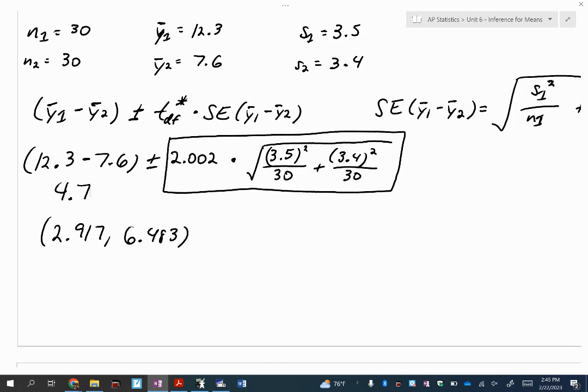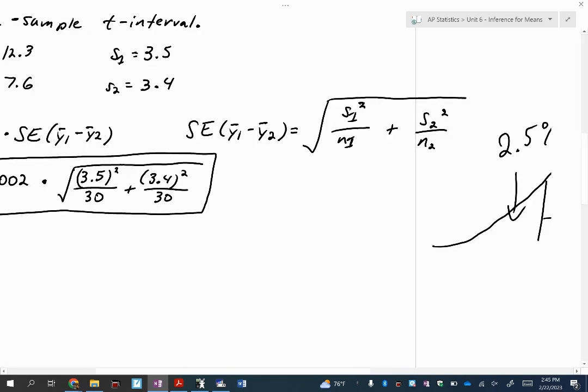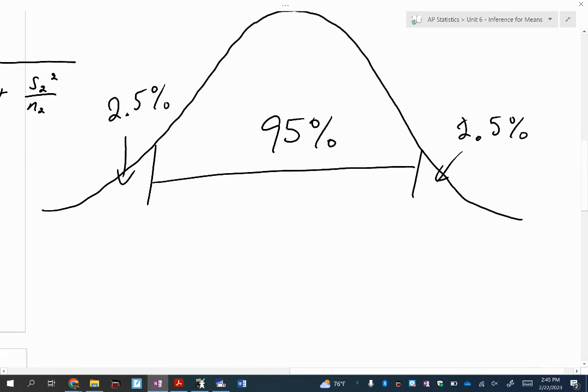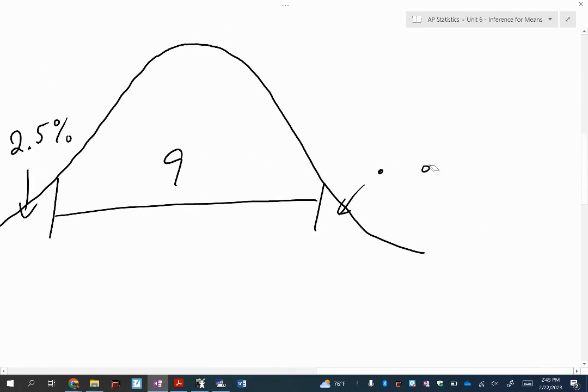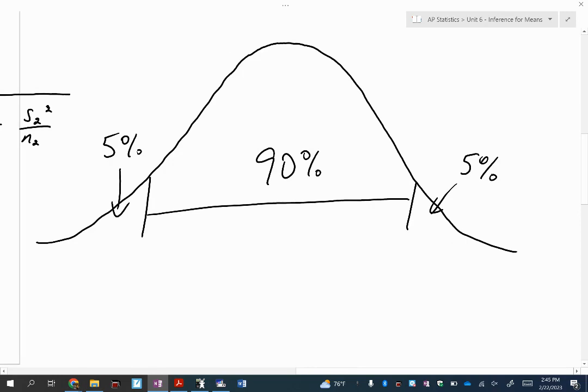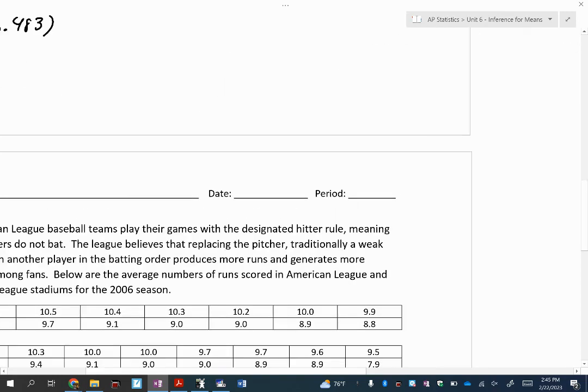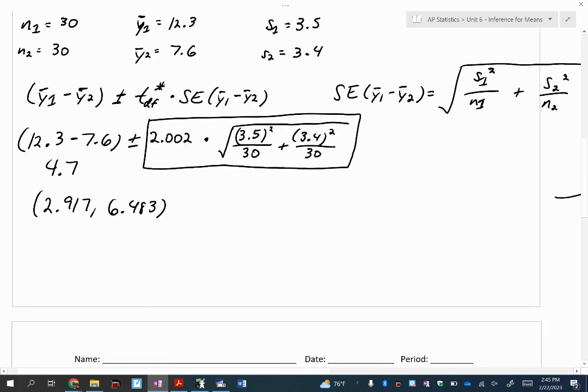Eduardo, you always write 0.025 for the area if the level of confidence is 95. But if it's 90%, then it'll be different, right? Then I'm splitting 10% in half, so I would write 0.05, correct? So it depends on what my confidence level is. If you were to see me taking the AP exam, I would have a lot of these written as my work. All right, you ready for the sentence?